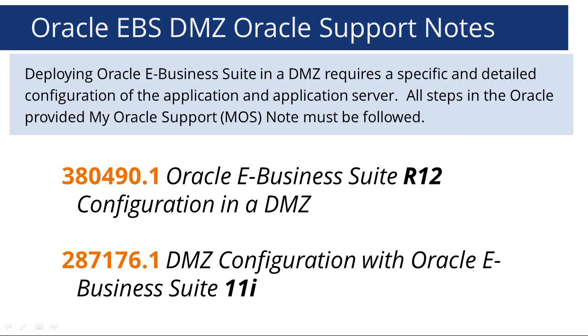A couple years ago, when they first implemented it, it caused all kinds of problems, and a lot of things didn't work. In R12, I had not heard of any major bugs or any major issues. We recommend every single client of ours to actually implement it, especially in R12. In 11i, there are some gotchas and some issues, because in 11i, you still have a lot of things connecting, like ADI and products like that, so some of those external things. In R12, it's all Web ADI, and it's all controlled by the web application server. But in 11i, ADI is still using SQL*Net and connecting,